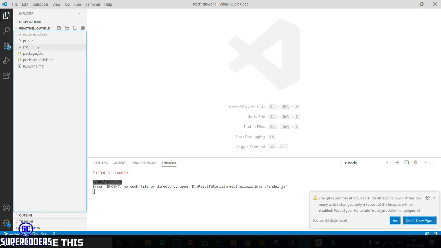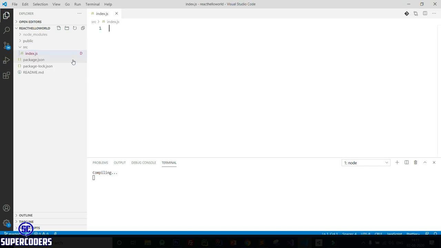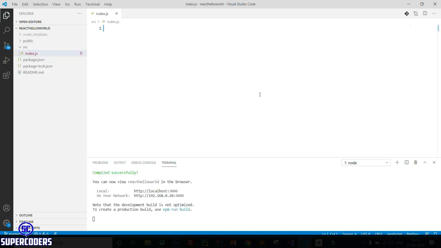Now let's create a file, which is the entry point of this application. Again click on src, then click on new file and give the file name index.js. Then let's import the first thing, which is React.